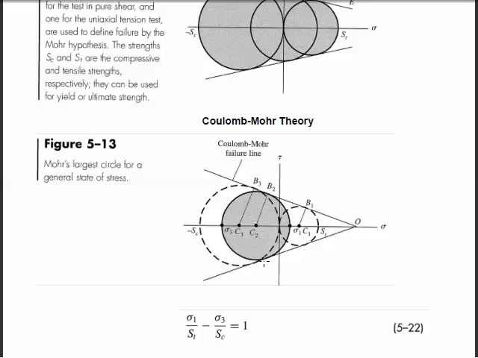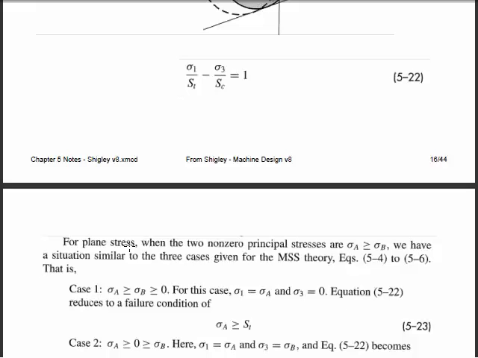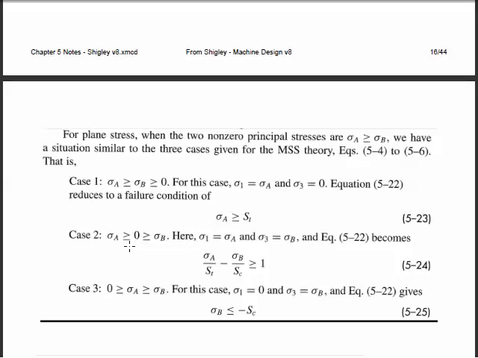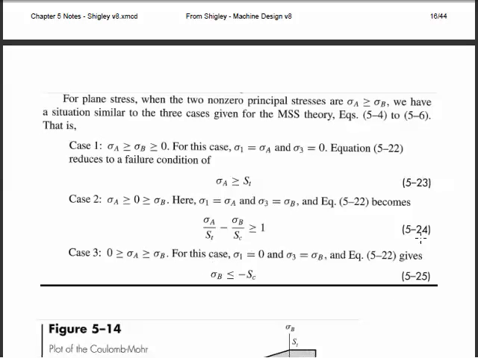If we were to look at the equation that flows from that by looking at the triangles that are illustrated right here, if our largest Mohr circle straddles the 0 boundary, then the equation that defines its characteristic is right here. It involves a sigma 1, a sigma 3, so we have to have those principal stresses, and that is our biggest circle, and our yield strength in tension, and our yield strength in compression. It turns out we have 3 options for this theory as well, and we want to look a little bit carefully at this one. For plane stress, when we have 2 non-zero principal stresses, A and B, so this